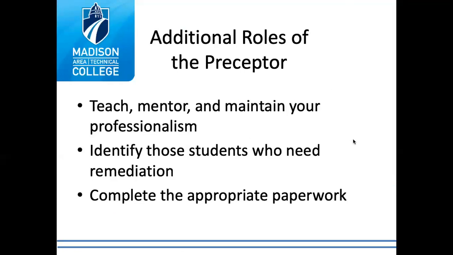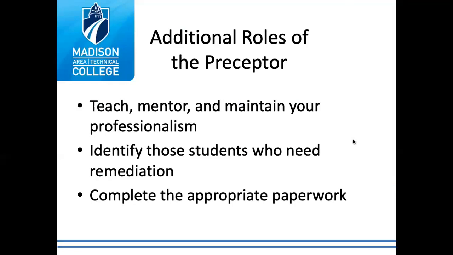We're going to give them all of the information to be that competent paramedic out in the field. We want you to make sure that they actually are ready to go as paramedics. We do not want anyone being sent out into the field by themselves who is not ready to do that, okay? If that student, if you really, truly, honestly feel that that student is not ready to be a competent